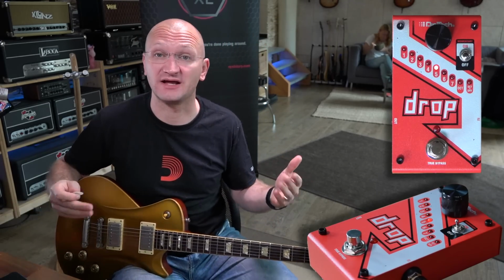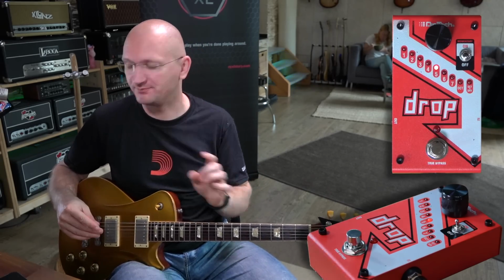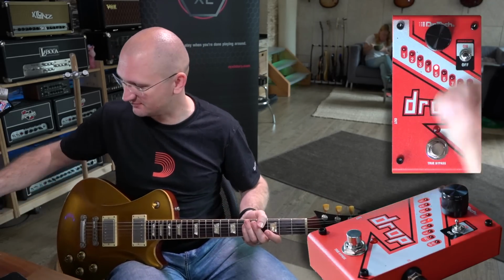So, low interval limits, problem with something like this, also problem with something like 7 or 8 string guitars, which again is what we're trying to avoid buying by using the drop. I know, I talk a lot. So,